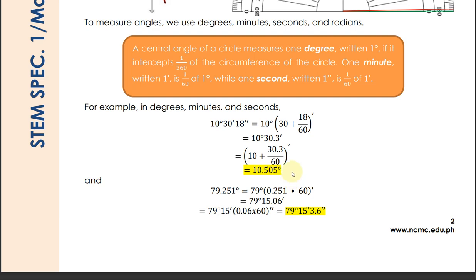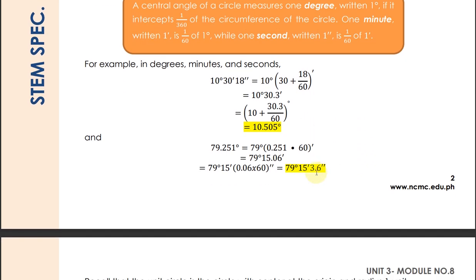So how about the reverse? We are given degrees and we are going to convert it into the format of degree, minute, and second. So what we will do is the opposite. Instead of multiplying by 1 over 60, we are going to multiply by 60, the inverse of it. So for example, we have